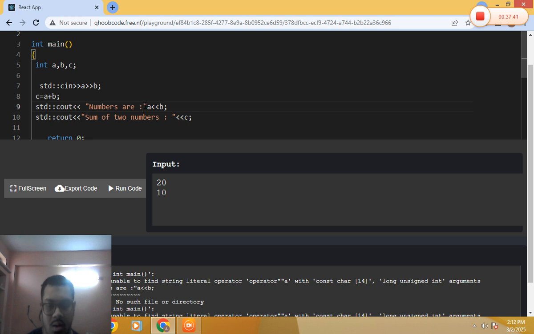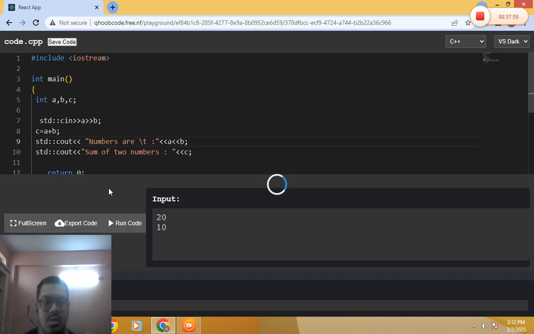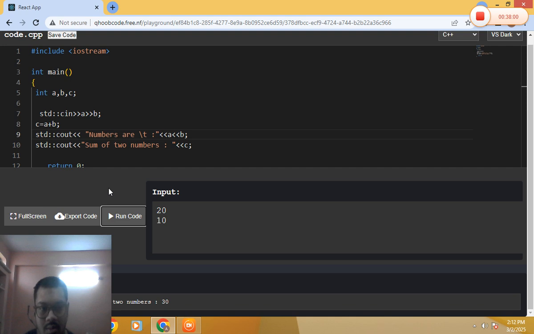Okay. So one mistake that I have done here is, yeah, so now the mistake is rectified, I think. So numbers are, let's give some space here and just go and run it to see. Yeah, so numbers are 20 and 10. Actually numbers are 20 and 10, and to add some space I will just go ahead